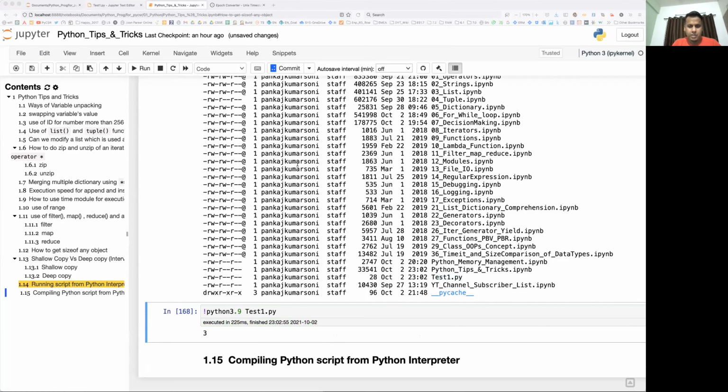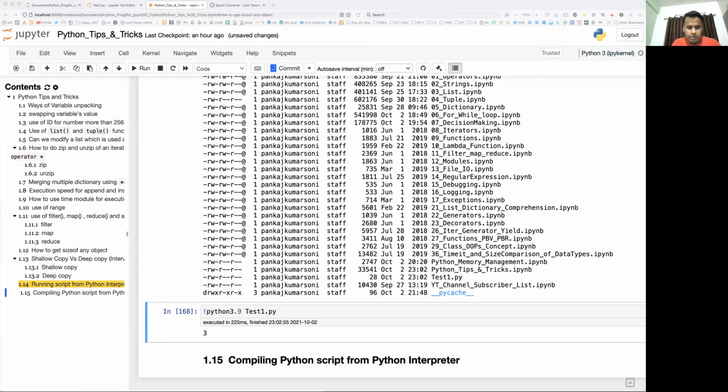The same way I can execute it here also. So cd documents, then the Python program folder, then the folder, and now we have test1.py.